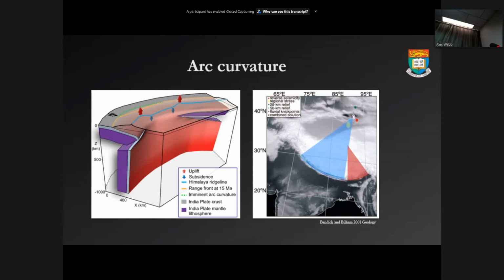So the curvature that develops is relatively little. Because it curves here a little, then curves here a little, then curves here a little, then curves here a little. Whereas here, it's like curve here, curve here, curve here, curve here, curve here, curve here. They're all the same area. It's curved a lot. So the Himalaya has an asymmetric arc curvature, which has never been previously explained. And this model allows an explanation for it. There may be others. There's probably other explanations, but I haven't heard any. I haven't heard anybody identify it as a problem before. So I love the question.